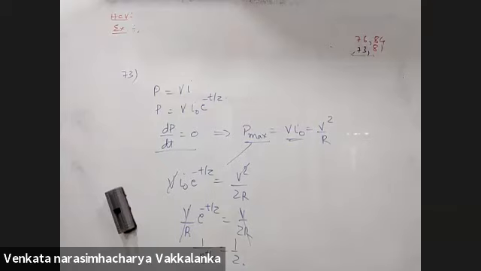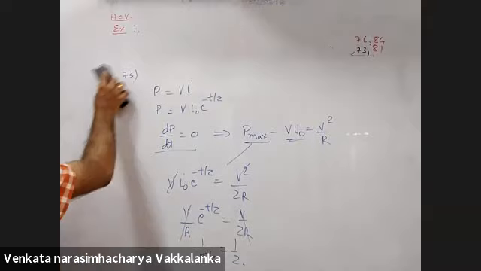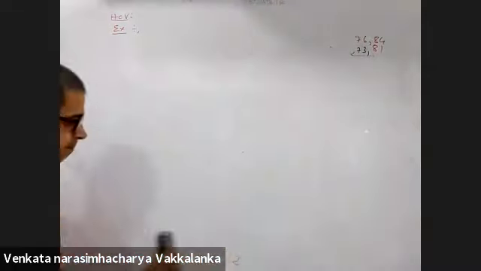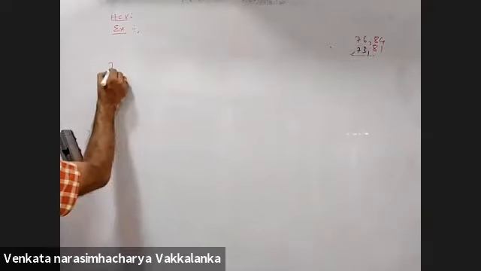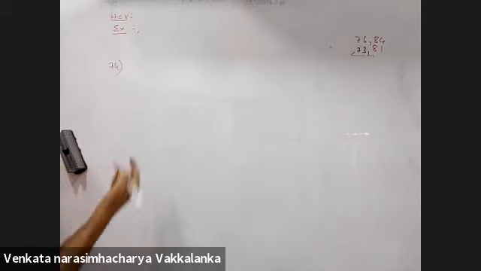So can you solve the 74th sum once? Can I have this? Yes, sir. 74. A capacitor of capacitance C is connected to a battery of EMF at t equal to 0 through a resistance. Find the maximum rate at which energy is stored in the capacitor. When does this rate have its maximum value? Okay, he's playing with words here. Find the maximum rate at which energy is stored in the capacitor.